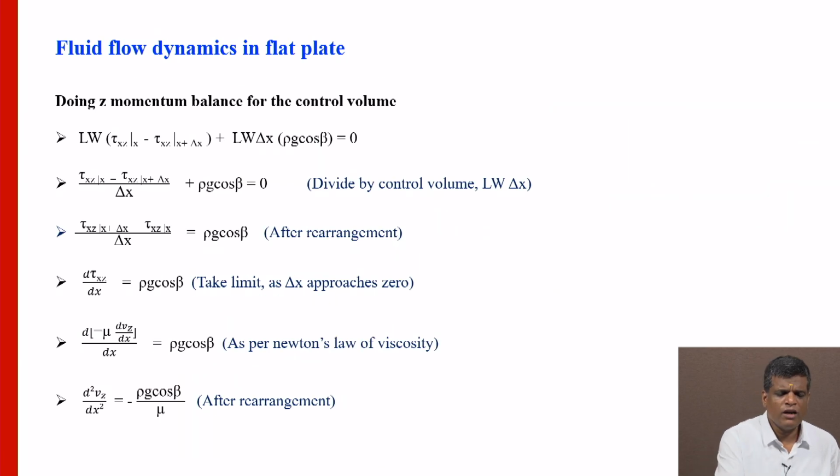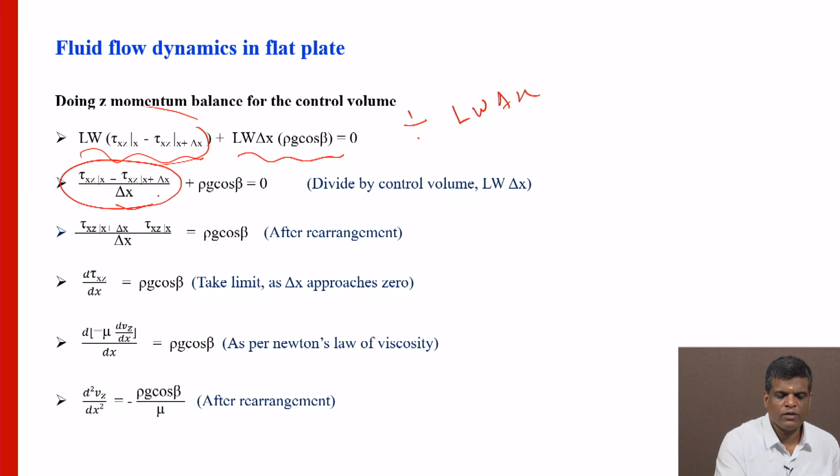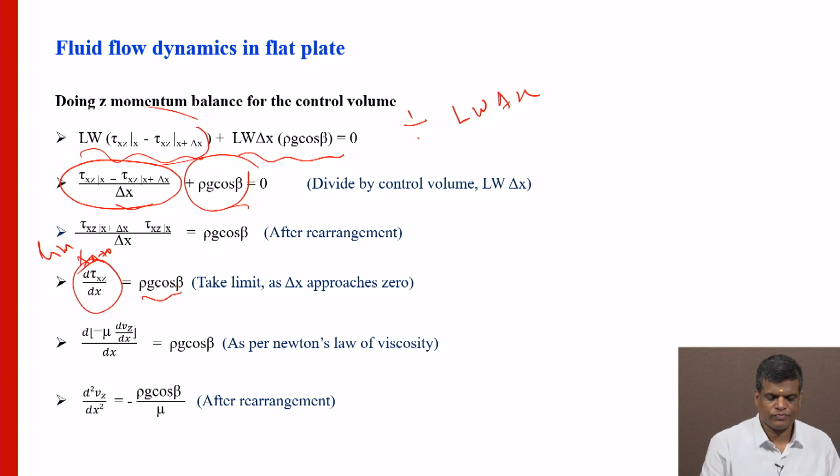After rearranging, the first term is viscous, then we have the term due to gravity. Then we divide the whole equation by L W delta x, and we get the first term over delta x, then the other one, rho g cos theta, equal to 0. To solve, rearrange so that this comes to this side; there is a sign change here. Then we apply the limit of delta x tends to 0,